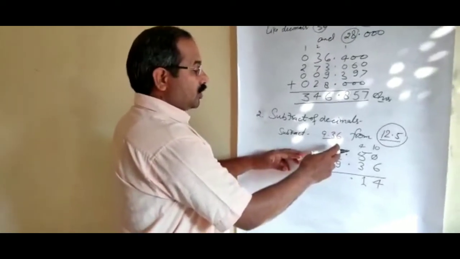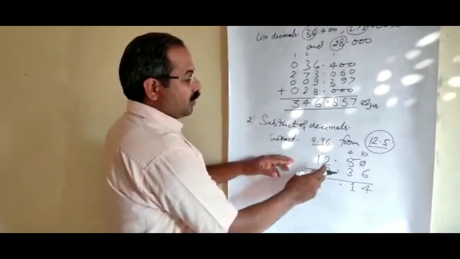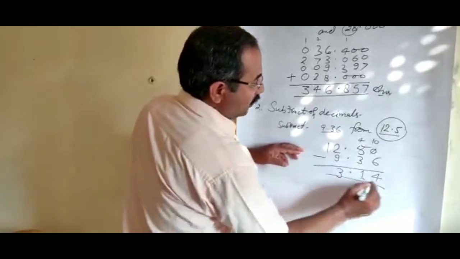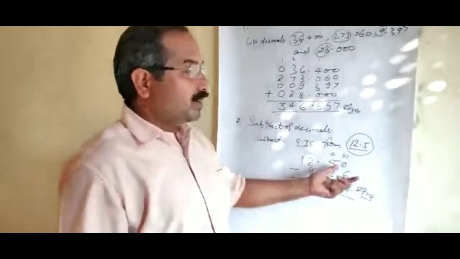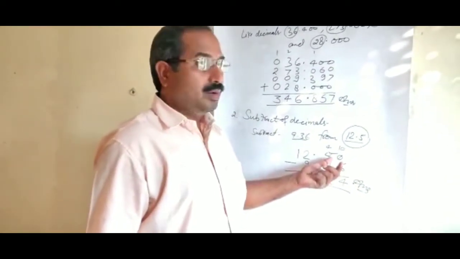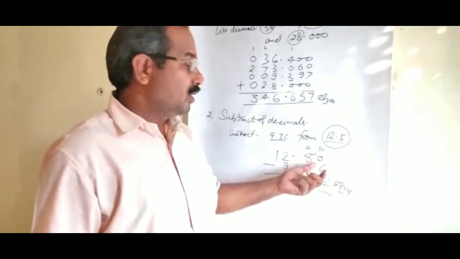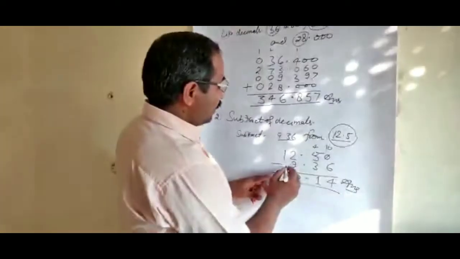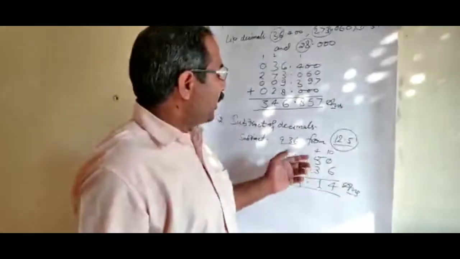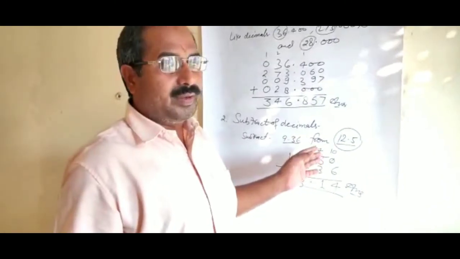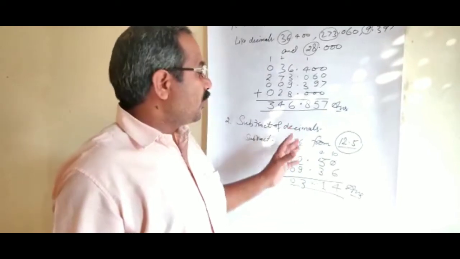You are unable to subtract 9 from 2. So you will take a carry from 1. So it will be 12. 12 minus 9, 3. In this way, you can see if the decimal numbers are in unlike form, first of all try to change them into like form, and after that write in column, and with the help of carry, if necessary, take a carry and subtract it.